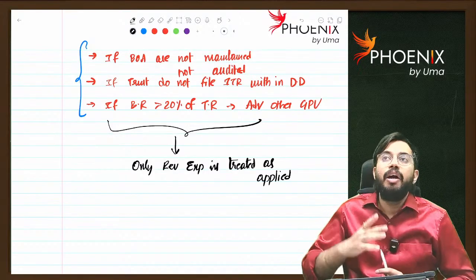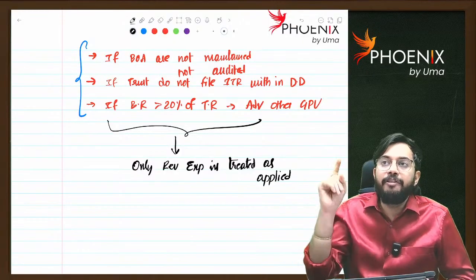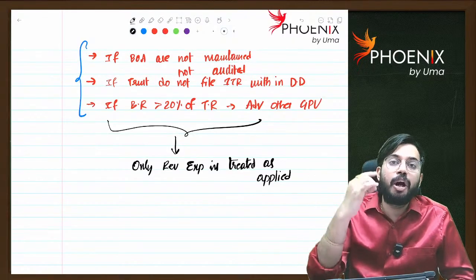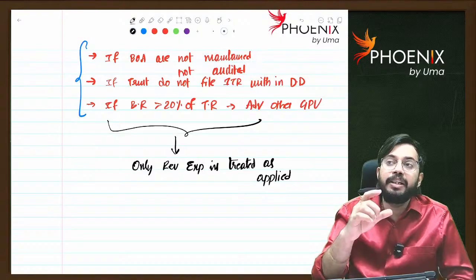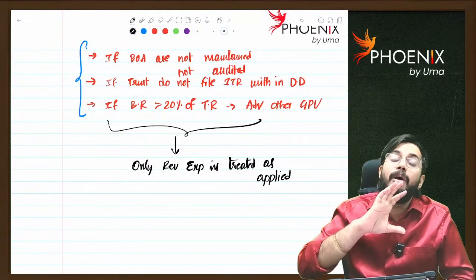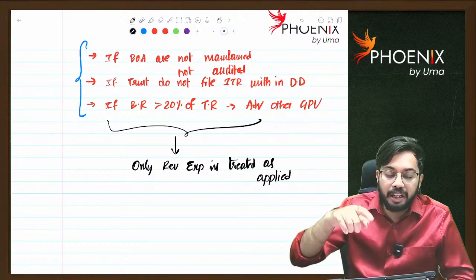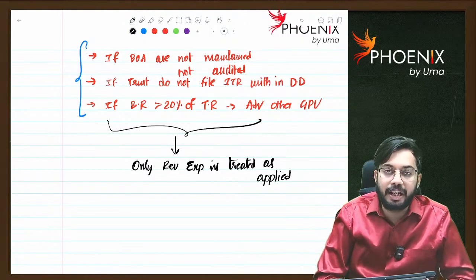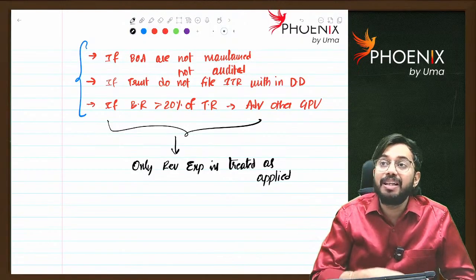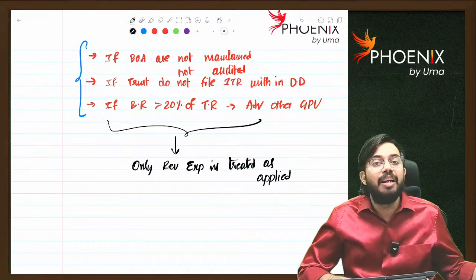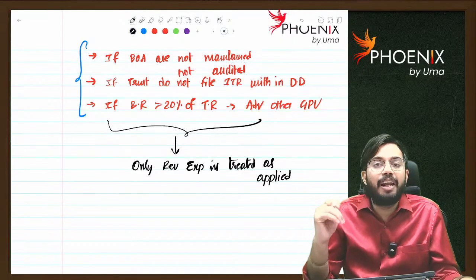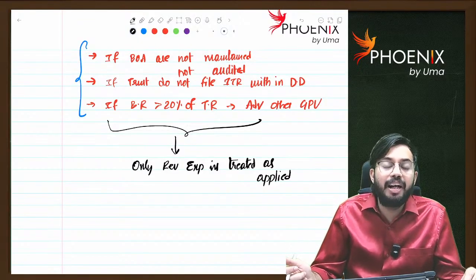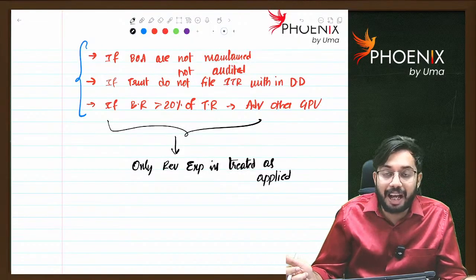See what I said: income derived from property held under trust, 15% standard deduction, balance 85%. Out of the balance 85%, whatever you apply for charitable or religious purpose, application means both revenue expenditure and capital expenditure. Both expenses are treated as applied. But in these four cases, capital expenditure is not treated as applied. Only revenue expenditure will be treated as applied. Are you able to understand? Because the conditions are violated: books of accounts are not maintained, they are not getting audit done, they are not filing ITR within the due date, business receipts are more than 20% of receipts. So only revenue expenditure will be allowed as deduction.